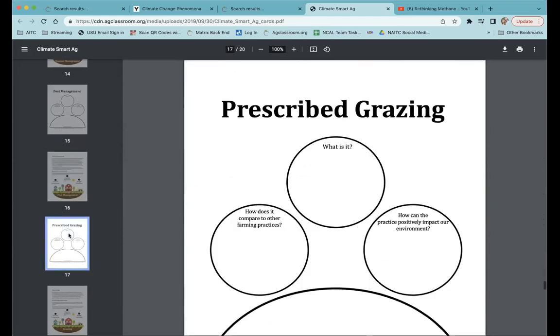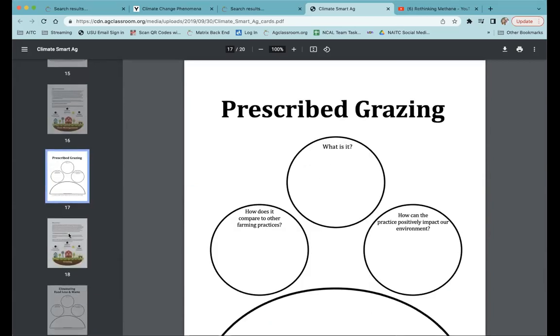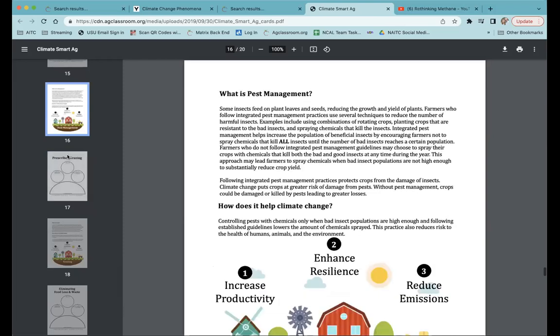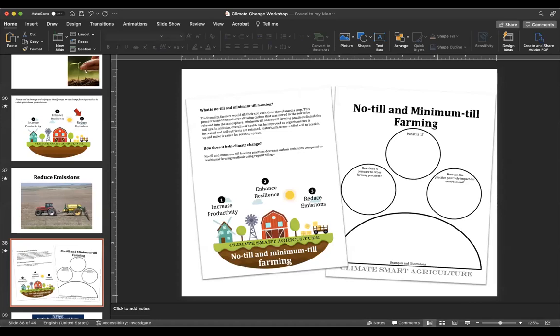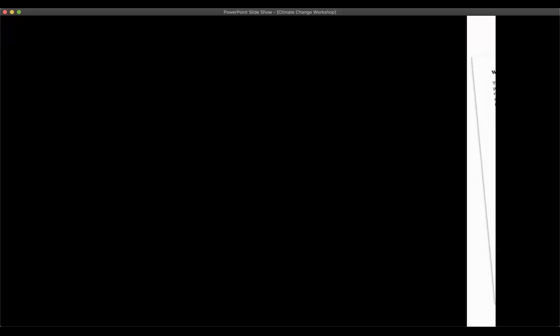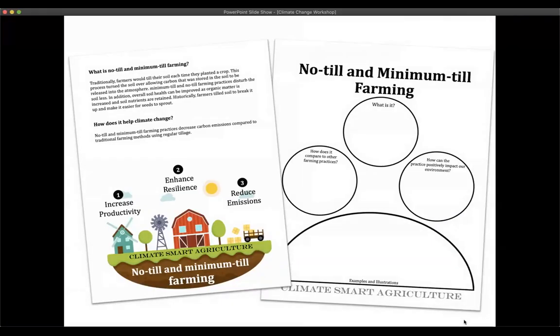So anyway, there are several here that you can look through, but what your students will do is research some of these and find the climate smart practices that we're using in agriculture. Again, it's kind of an exciting thing. They're not brand new, but it's something that they can really start to understand, that a lot of research and effort is going into this, because we need to establish agricultural practices that are good for our environment and continue to have our environment provide our food and fuel and fiber.